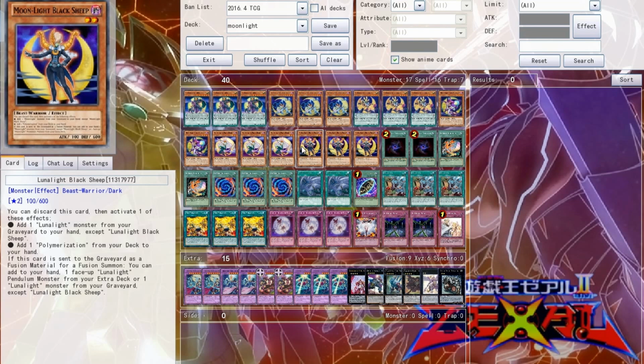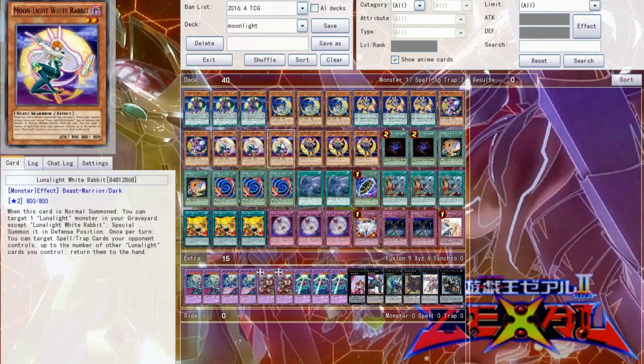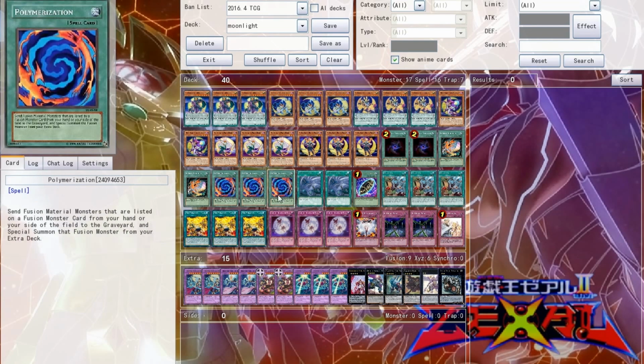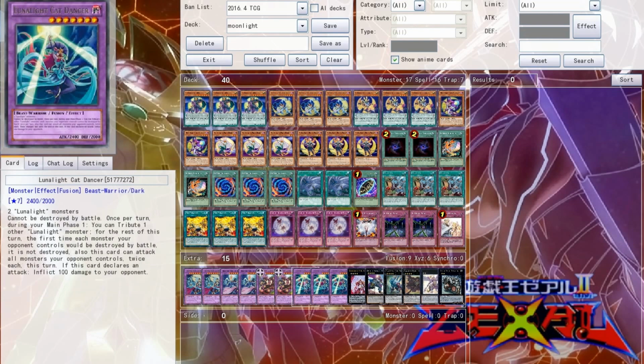Moonlight Black Sheep, pretty much like the card that you want to see the most because you can recover one from the graveyard or you can send it to the graveyard to add a polymerization. Now if you fuse with it, you add one from the graveyard as well, so basically easy combo is send it to the graveyard, get polymerization, summon Moon White Rabbits, Black Sheep comes back, fuse into the Cat Dancer or Cattle Call,